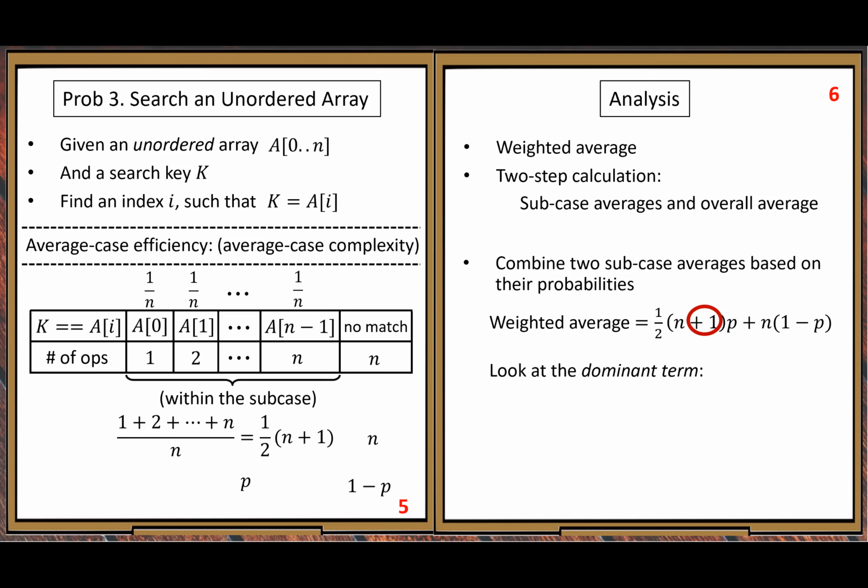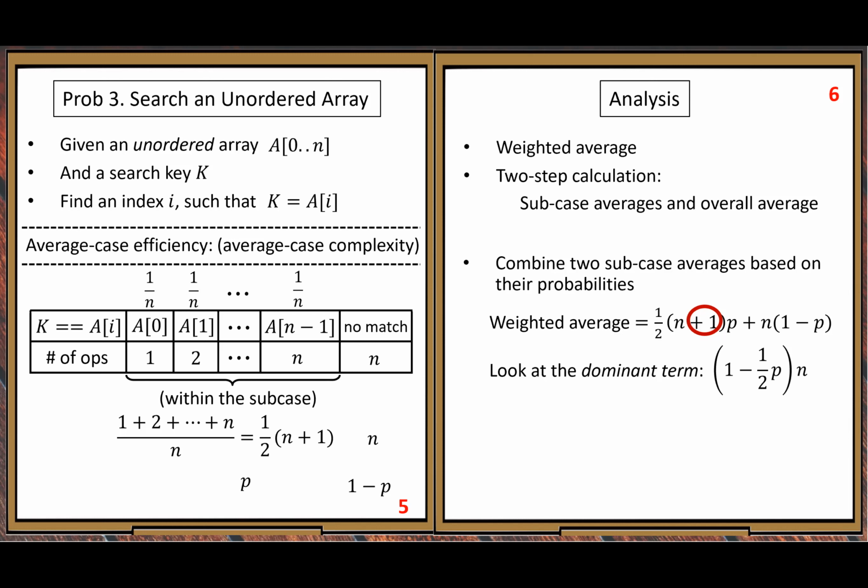We can ignore it. If we look at a dominant term, those minor little terms can be ignored. So n is the variable. If we combine all the coefficients of n,